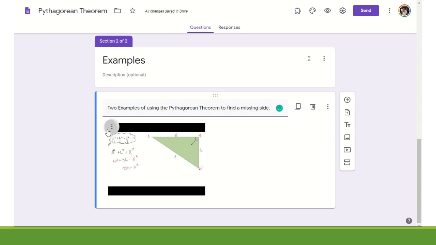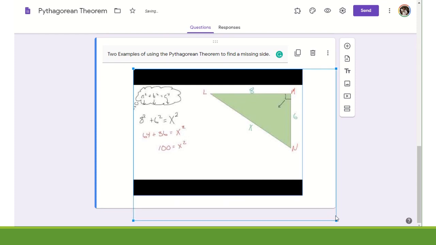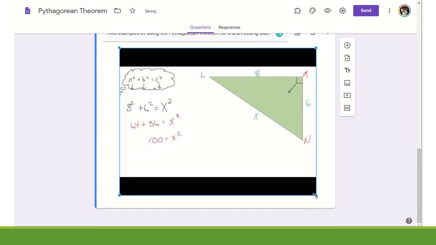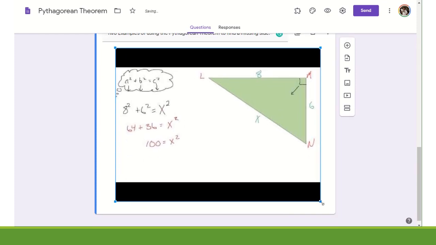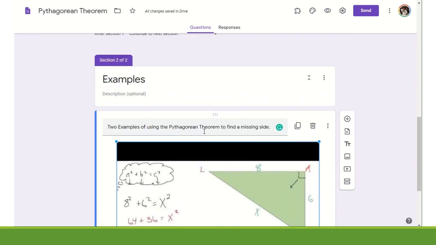All right, and I do want it centered, and I am going to make it bigger, a little bit bigger, a little bit bigger. That's probably about as big as I can get. Yep, that's as big as it'll go. All right, so there I've got my video,